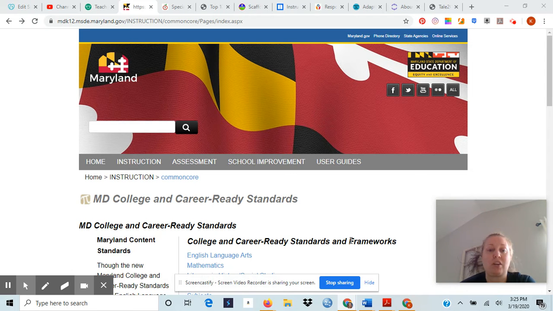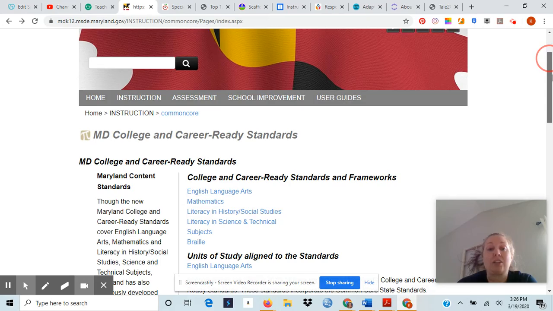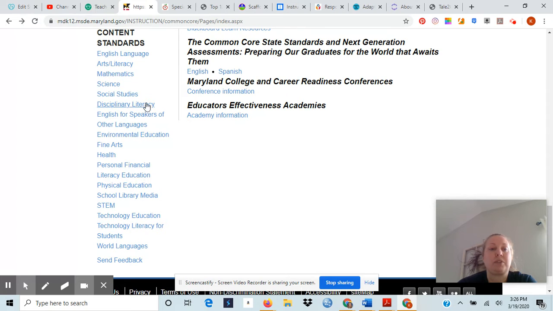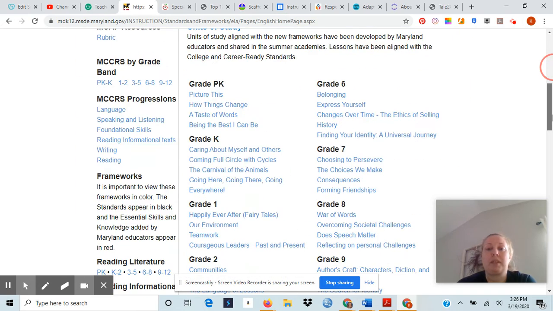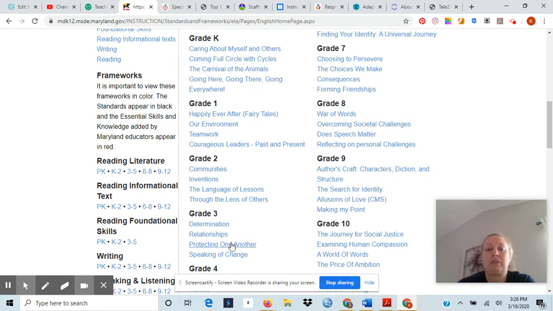So as a special educator, whenever I am working with students who are not on grade level, this is how I determine what I'm going to work with them on. So typically what I would do is I would still go into the Maryland College and Career Readiness Standards. Let's say we're doing English. Let's say your student happens to be a 7th grade student, and they're reading on a 3rd grade level. That is okay. So what I would do, just to make sure, I would go to grade 7,